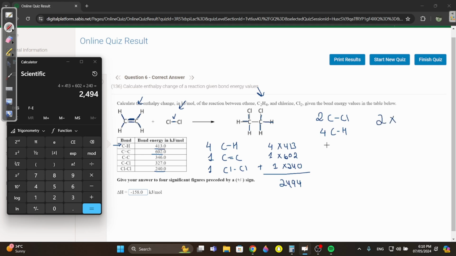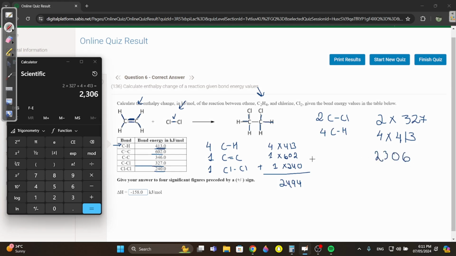It's going to be 2 times CCl, which is 327, and then CH would be 413, 4 times 413. And let's calculate it. It would be 2 times 327 plus 4 times 413, and you get